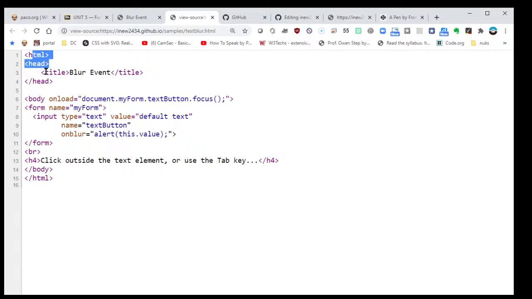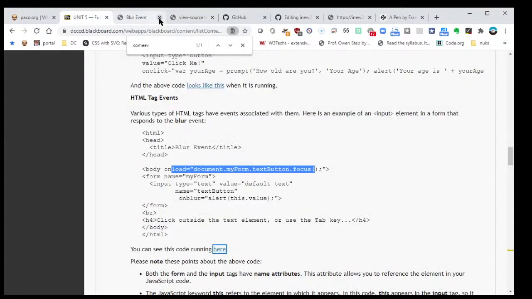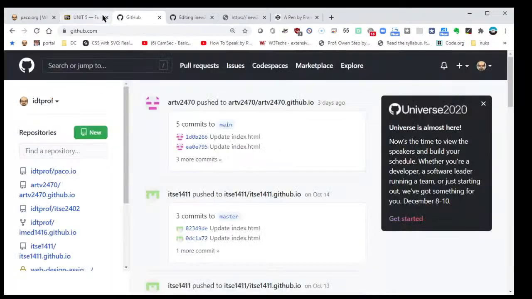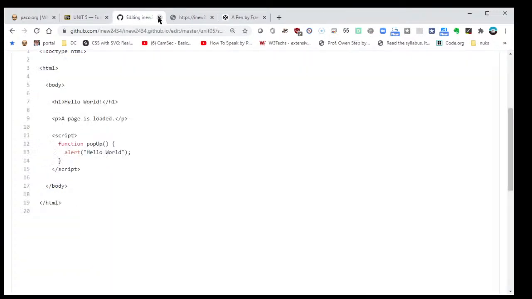It has the head that has the title. And then when the body is called, we have a body in our code. Then onload, it calls a function. This is actually calling up a form, and then the form does something, but it happens when we load it. For our page, we're not going to be calling a form, we're going to be calling a function that's created